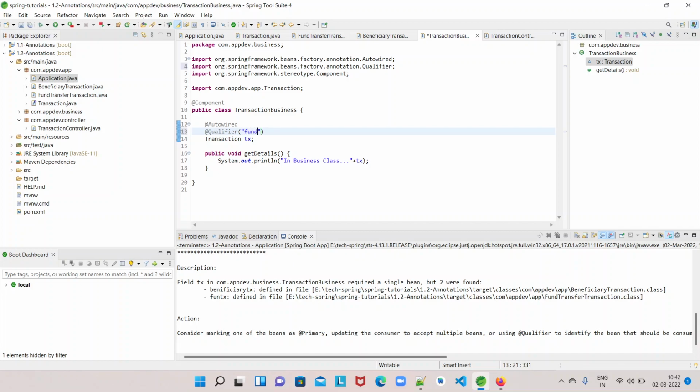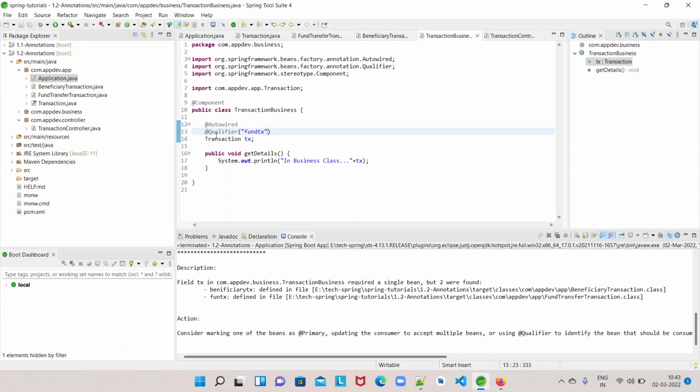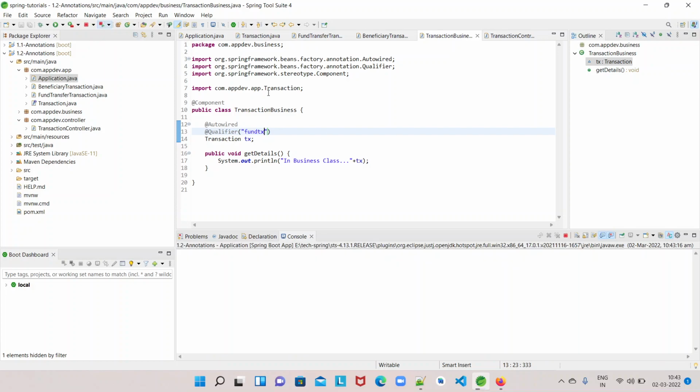Suppose I need the fund transfer transaction type. I can mention whatever name I mentioned for the component name or the component ID, the same thing we have to mention here in the at the rate Qualifier, so that the specific fund transfer transaction will be injected into this. Now let us run it.